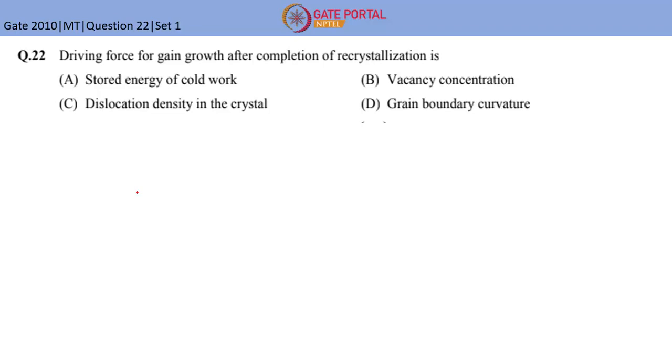So when the recrystallization is complete, let's say I have a material which is basically like this. Now I have heavily cold rolled this material, let's say some sort of plastic cold working I have done, which creates this type of structure. So small grains will be formed, which we often term as recrystallized grains. So after this recrystallization, this is not a stable structure.